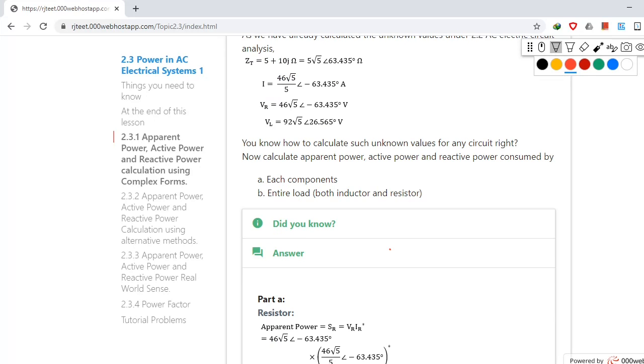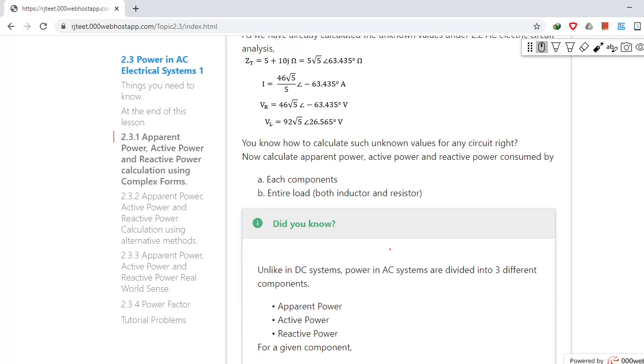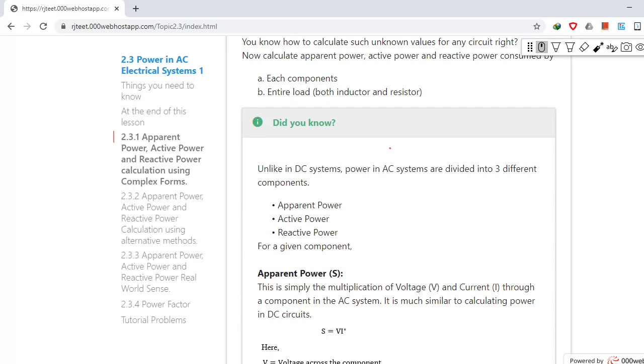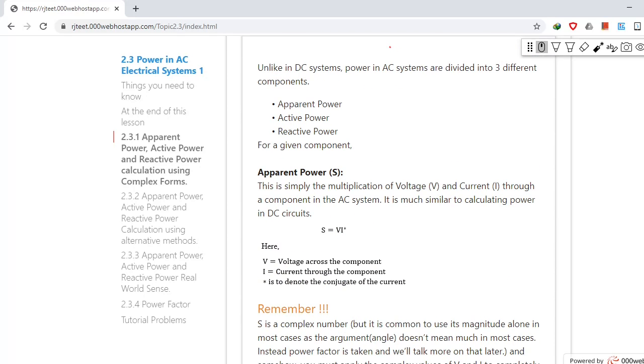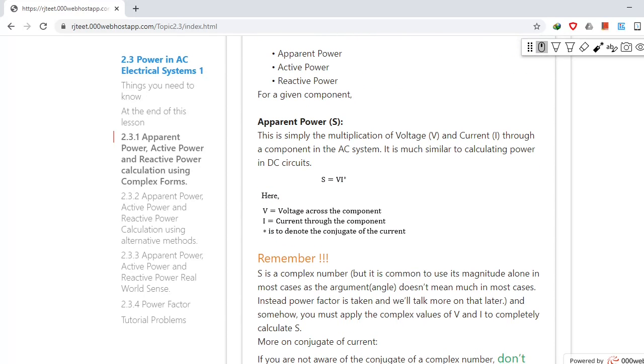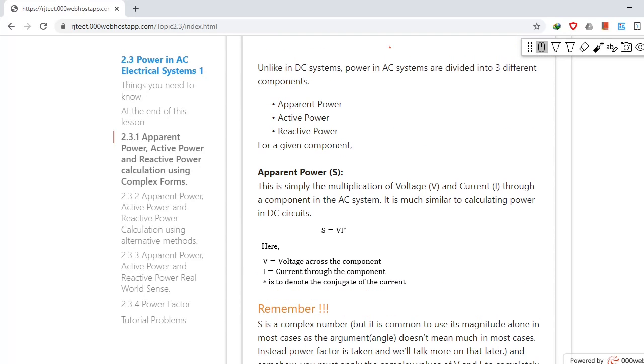And before going to the answer, I would like to discuss the theory behind the apparent power, active power and reactive power. So let's go through one by one. Apparent power: maybe if you have gone through class note 3, you are already aware of the definition of apparent power, and